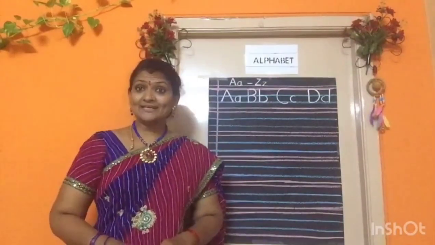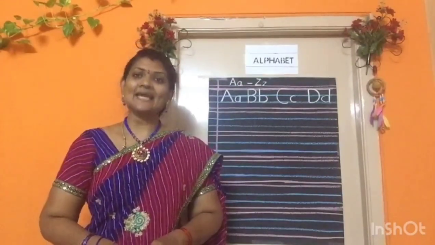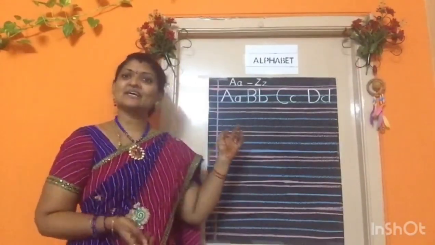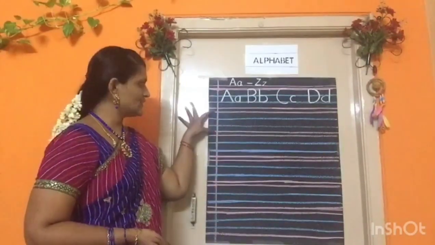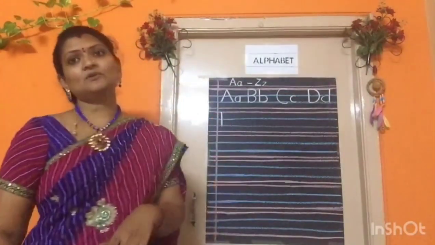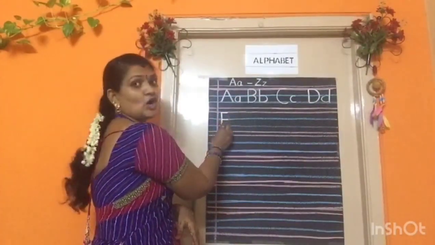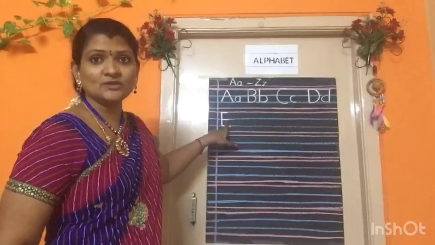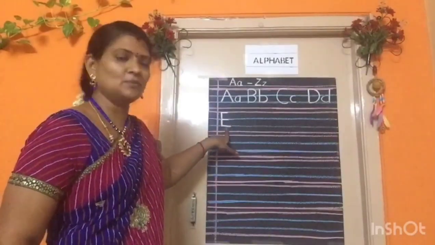E. Now what letter comes next? Yes children. E. E says eh. And E for you can tell 3 or 4 words. Now let us write. Immediately next to the margin, on the next 4 lines, we are going to start from E. Pink line to second blue line, vertical line, 3 horizontal lines. That is 1 on the first pink line, second horizontal on the first blue line, and the third horizontal line on the second blue line.